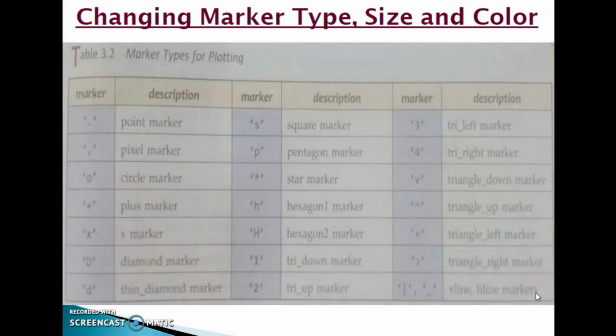These all are different types of markers.